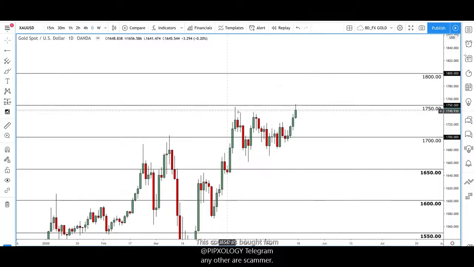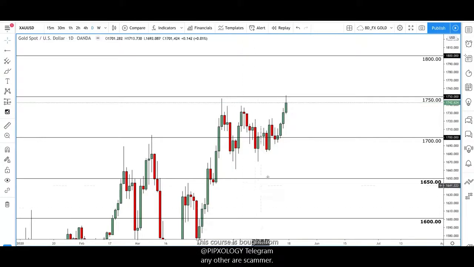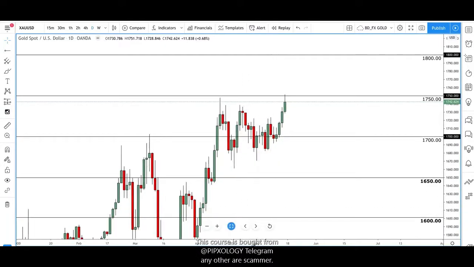Currently, we're making a double top, but if we're going to find resistance here, we'd want to see some more price action, maybe a bearish engulfing, a bit like what we've seen here. But right now, we've just had a move on Friday. We've just made a new high, so there's no way of telling the exact move next, especially where the market closed on a Friday and we're now waiting for the market to open.